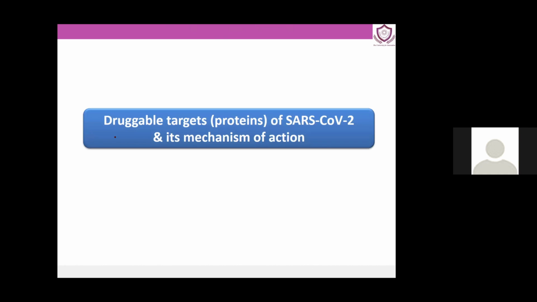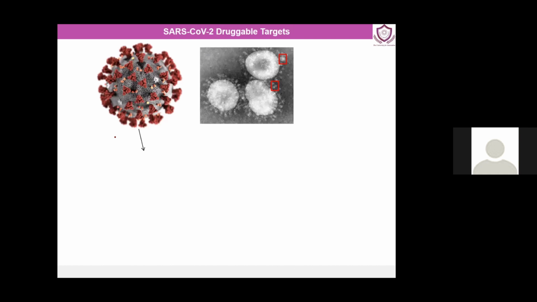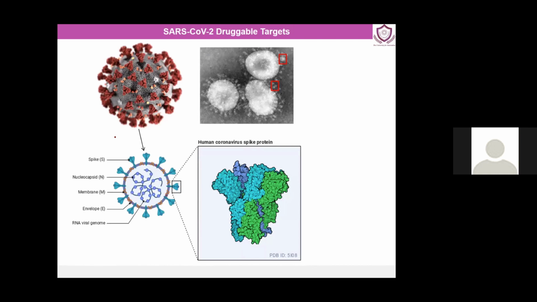Now, moving into this SARS-CoV-2, as the talk is about, we need to identify what the druggable targets are, that is, the proteins in it. The first one is the spike protein, and there are a lot of structures available in the PDB. Perhaps as per the schedule, you are going to see the PDB later on, but there are a lot of structures solved for this coronavirus spike protein. They have been solved majorly by cryo-EM, another revolutionizing technique by which we can see the entire structure of a protein. Other than that, we have NMR and X-ray by which we can get some targets.